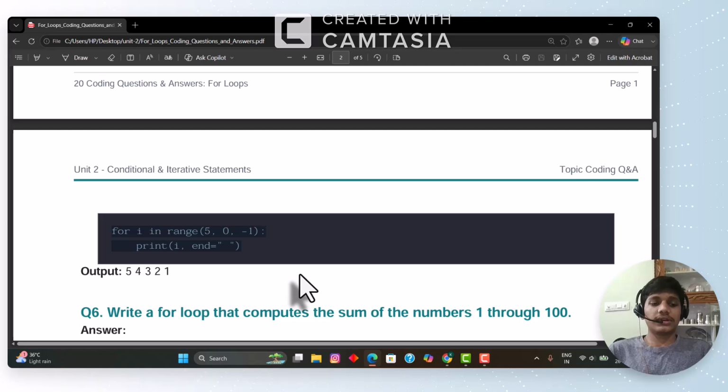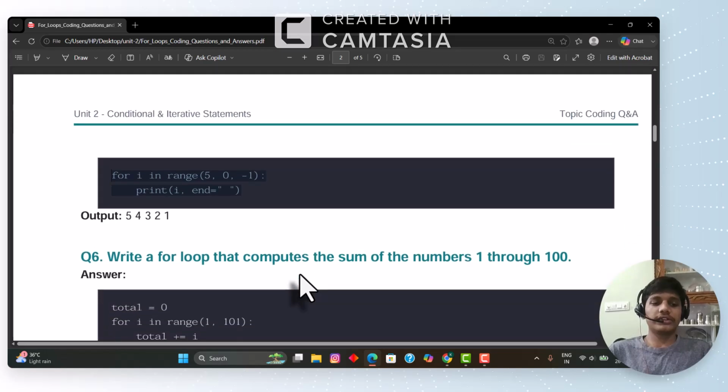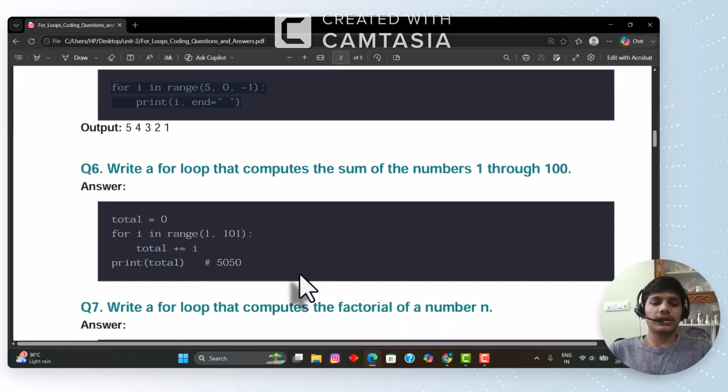So this is what we compared just now: 5 4 3 2 1, the same we got, and here